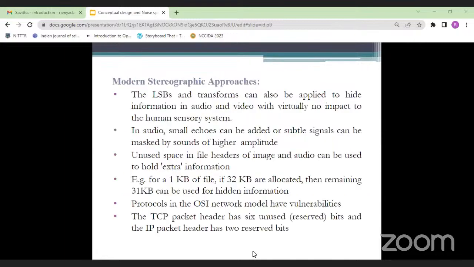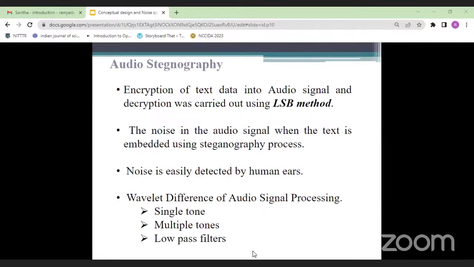We'll see how audio steganography works. In today's topic, a basic steganography process will be discussed to embed a text inside an audio signal with a WAV extension. This is carried out using the LSB method.